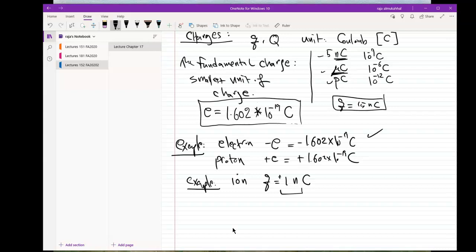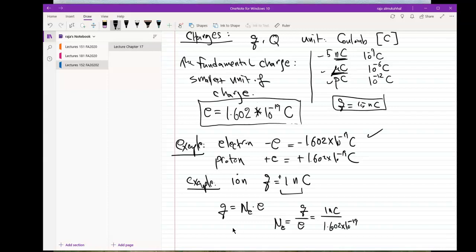So let's say I have an ion, repeat what I said. I have 1 nanocoulomb. I want to know how many electrons make up this 1 nano. Well, how do I do that? Here's one formula we can think of: Q is equal to the number of electrons, I'm going to call it N sub E, times the fundamental charge. Make sense? So in this case, N sub E, the number of electrons, is equal to Q over the fundamental charge. So I have here 1 nanocoulomb over the fundamental charge, 1.602 times 10 to the negative